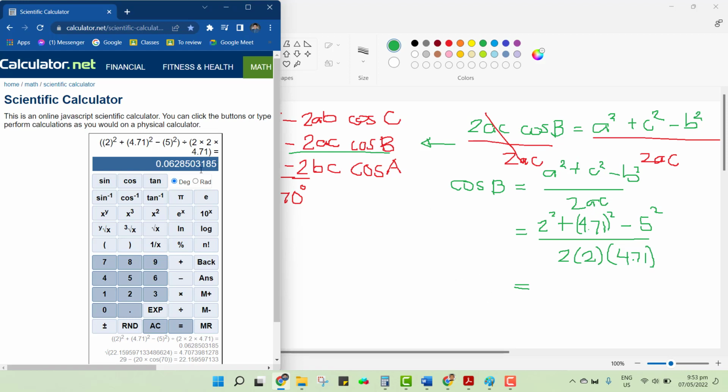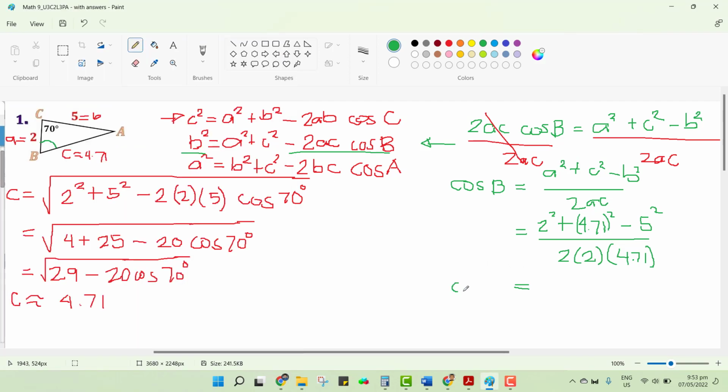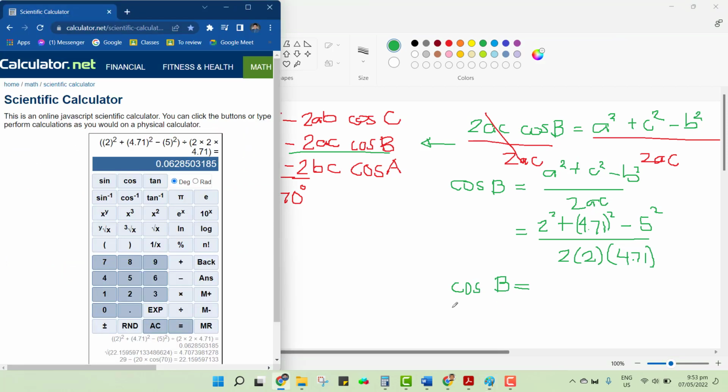Because we are just approximating, let us not round it off yet. If you treat this as 0.06 without the complete picture, it might be very different. So cosine B is supposedly equal to